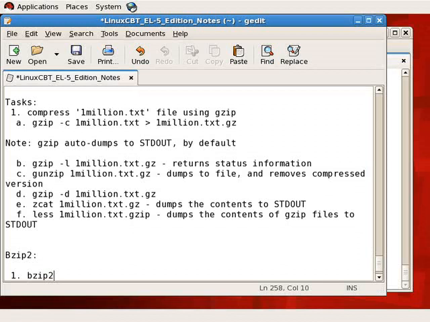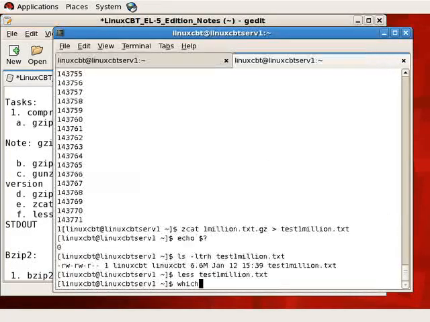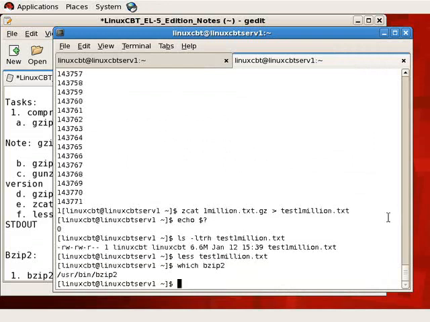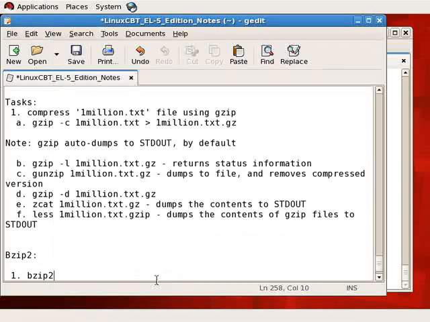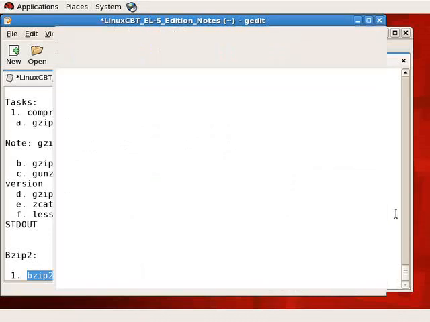Supposing we wanted to create a Bzip version of 1,000,000.txt. Use Bzip2, and by the way, from the shell you can always identify where it is. It's installed as part of the stock OS, so which Bzip2 will tell you exactly where it is on the system. It's in user bin, and if we use Bzip2 followed by a similar option to what was used with Gzip, that's a lowercase c option, followed by the source file, just like with Gzip, 1,000,000.txt, followed by output redirection,